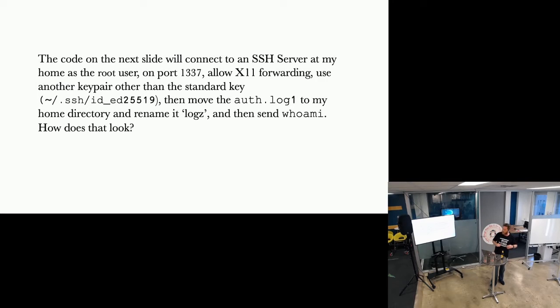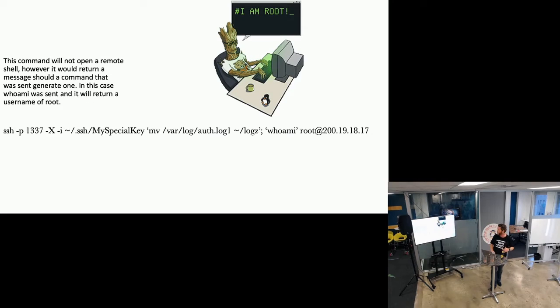So you can specify a lot of information in the SSH command string that will do some really, really specific work, whichever way you want to configure it. So in this string, I'm authenticating to this computer here, it's root. This is the destination, or we're doing the work via this computer. And we're going to log in using that specific key, my special key. We're going to move a log file to another directory and rename it. And then we're going to ask the local command prompt, who am I? This command here will move the log file, and it will also ask the computer what the user's name is, and it will return root because we logged in as root.